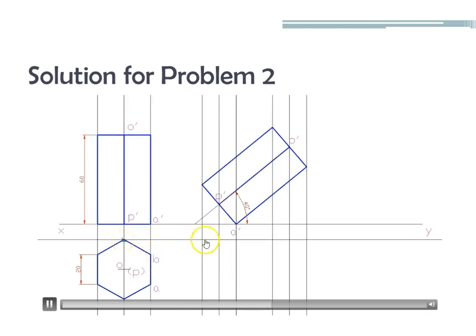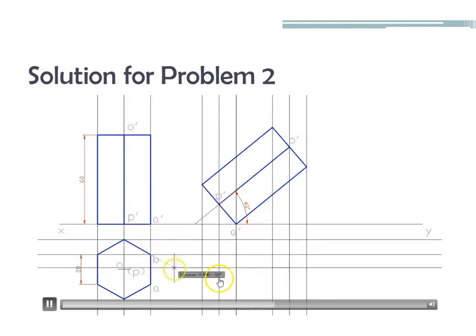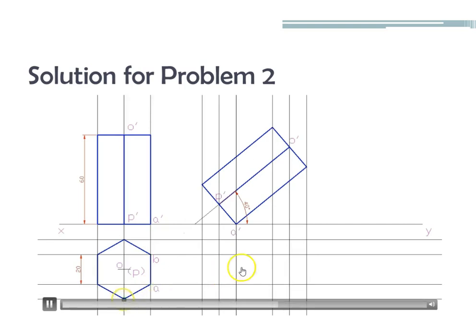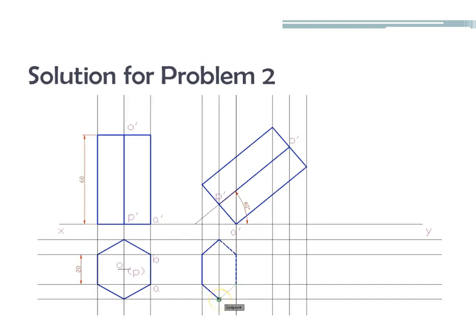And where the corresponding points meet, we have the projection points. So for example, this A dash, B dash, and this AB. So like that you mark all the corners. In the case of a prism, there will be more corners than a pyramid. So here